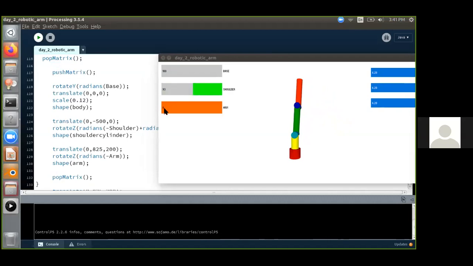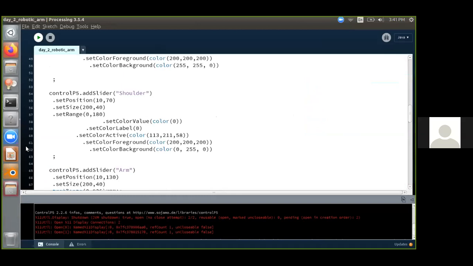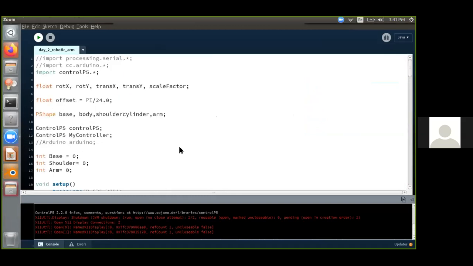This arm rotates in the positive direction when a positive value is given, it rotates in the clockwise direction. When a negative value is given, it goes in the backward direction. So this is the program. With this, we are ending the explanation of the program for the first time.